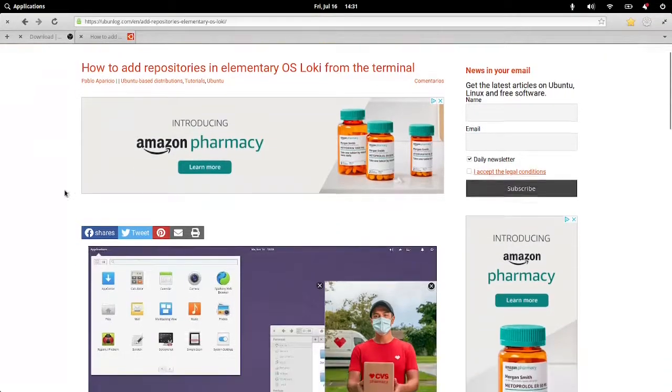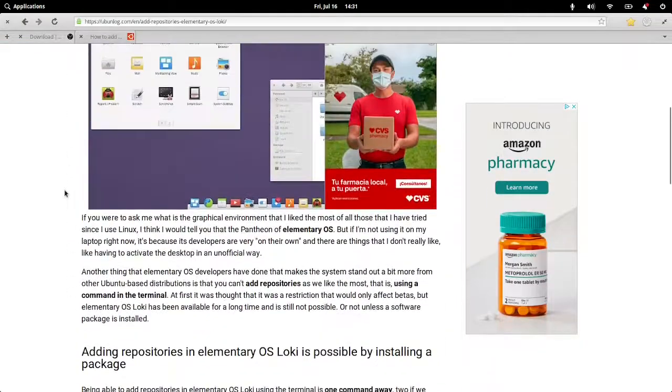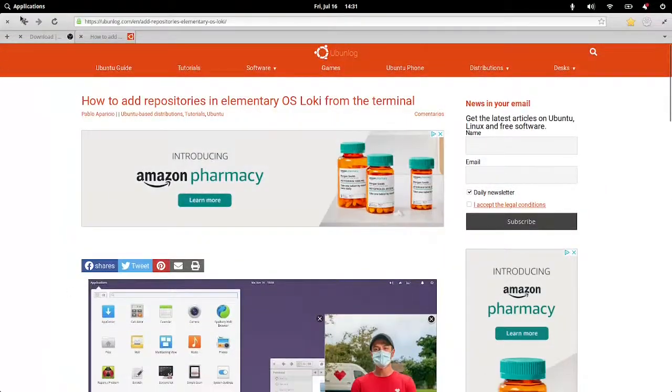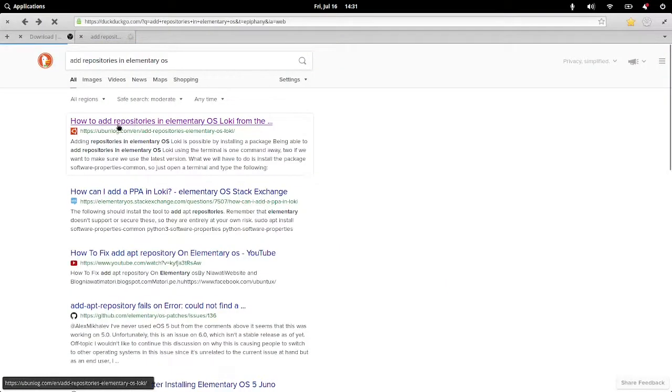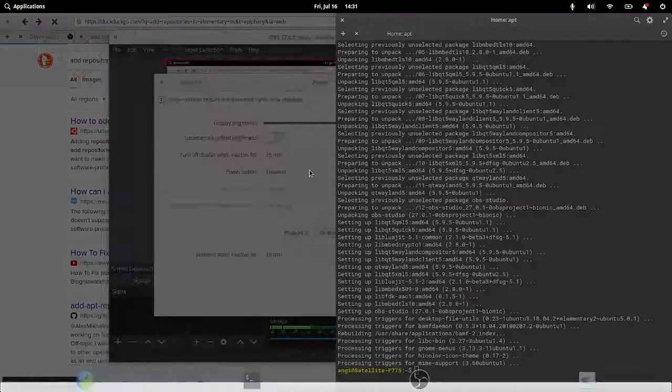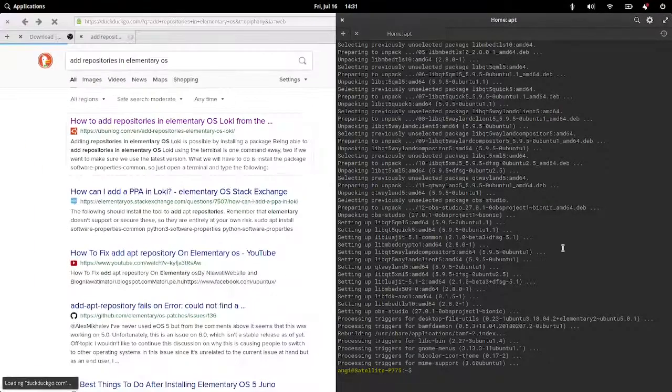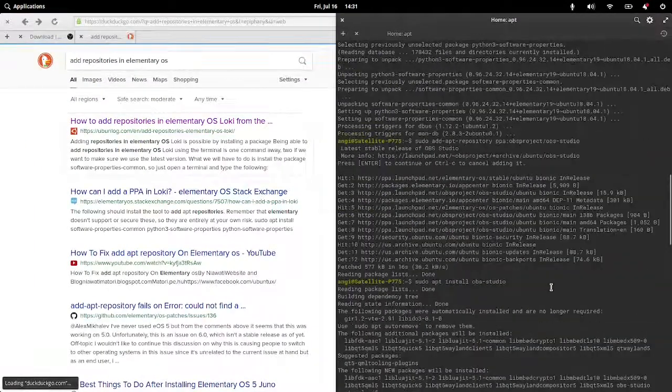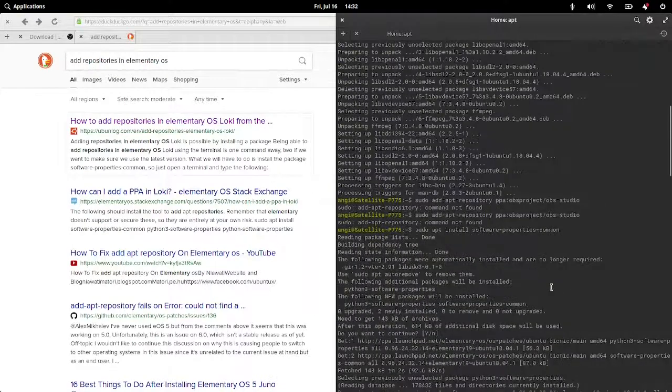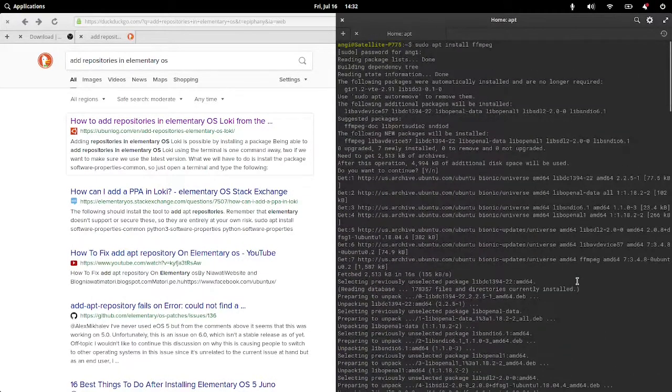I actually had to look up this page, and I didn't read the page because right as the page is loading, I clicked on this link, and I saw that you need to install this thing, and I was like, okay, I already know what I need to do. So I want to explain a main problem that I just found here. This is an Ubuntu-based OS, right? You should be able to treat it like Ubuntu. Thusly, if you're an experienced Linux user, you should be able to just pop up the terminal and install an application, right? But let's go through the series of events that I just had to go through here.